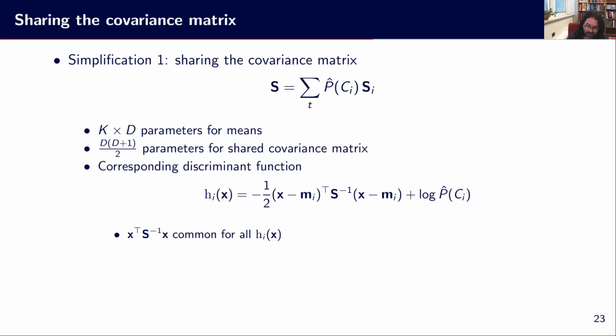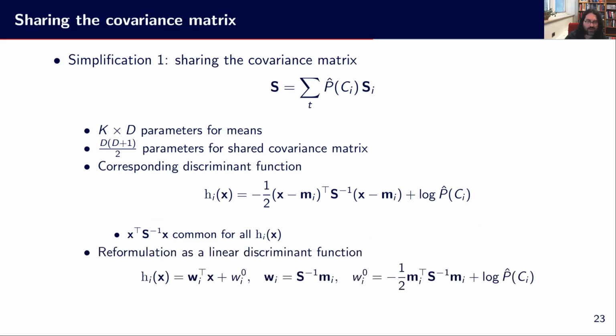And as such, by sharing this covariance matrix, we are falling back on a linear model. So we are, in fact, using a model which looks more like ax plus b in 1D. So basically, we have this formulation in multiple dimensions. This is a linear model, a linear vectorial equation